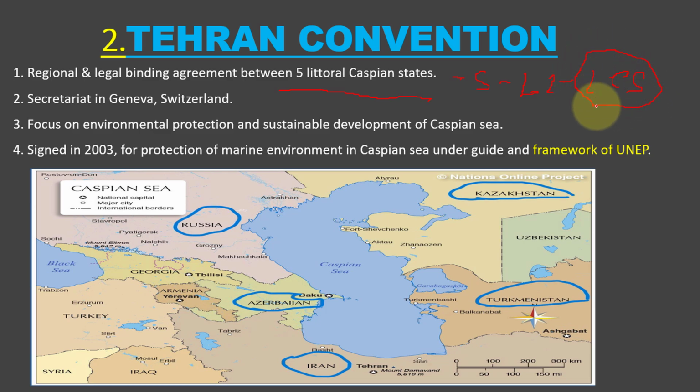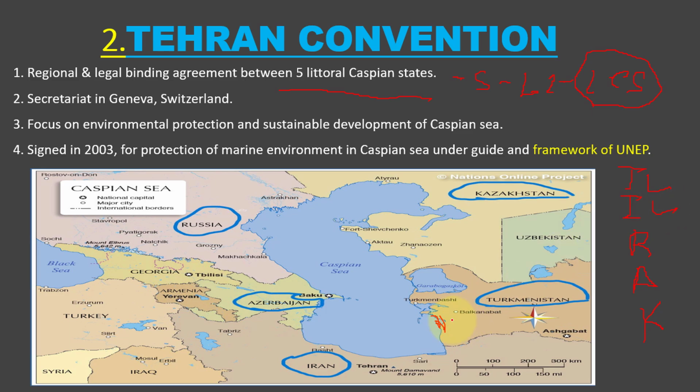So, friend, here you can remember these countries. I am giving you a numeric trick, and you can use it whenever any competitive exam asks which countries touch the Caspian Sea. Just remember TIRAK, friend. T stands for Turkmenistan. Here you can see the Caspian Sea touches the border with Turkmenistan.